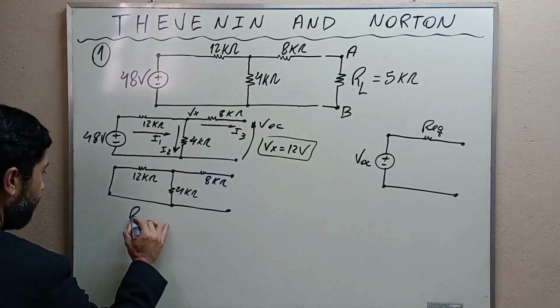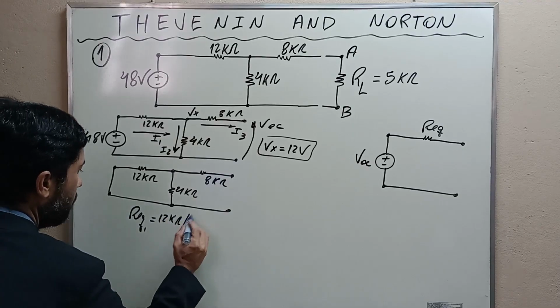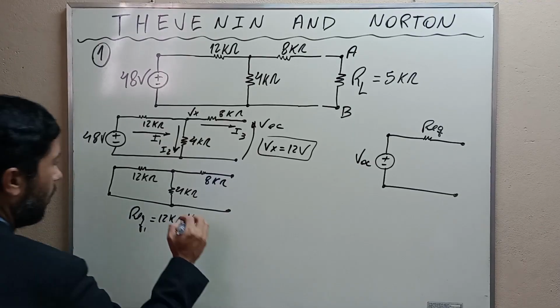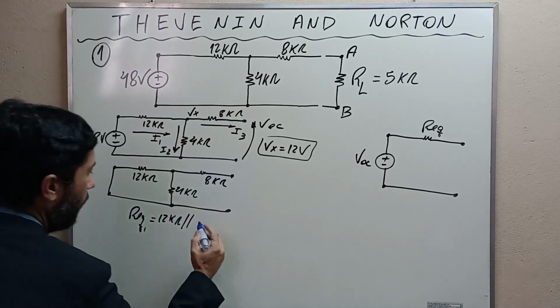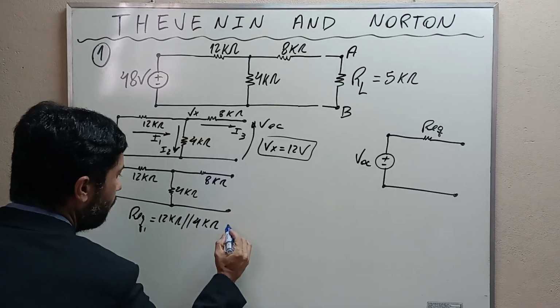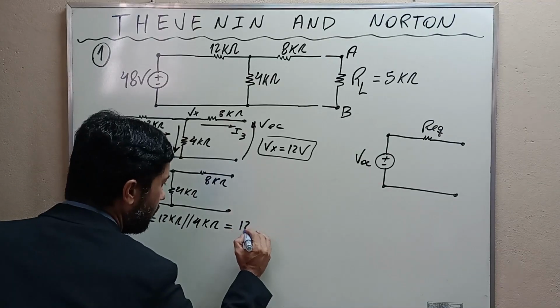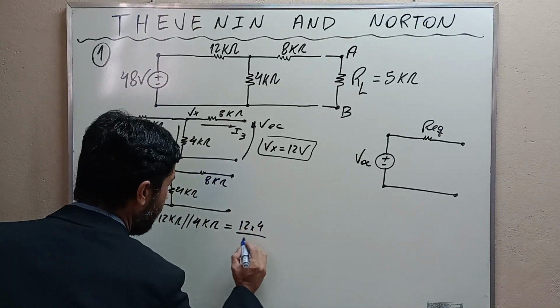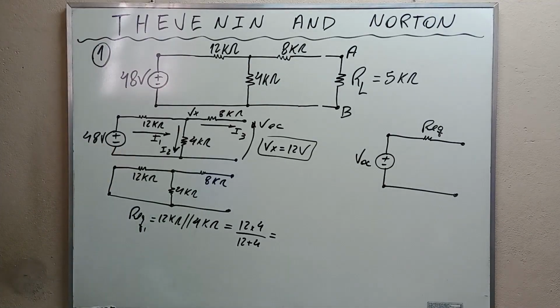Then equivalent resistance number 1 is going to be 12 kilo ohms in parallel with 4 kilo ohms, and the rule of thumb that we use to calculate the equivalent resistance of a parallel connection is the product over the sum, and this is equal to 3